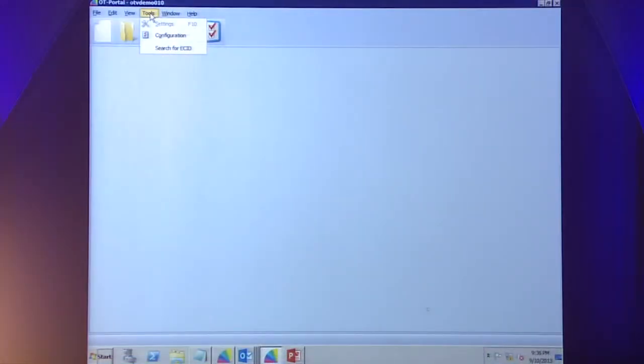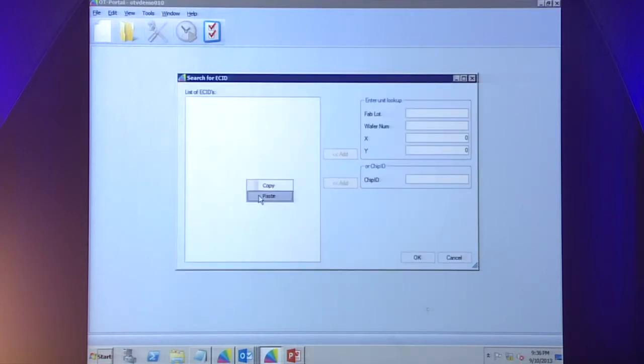So the first thing we're going to do is talk about a scenario with an RMA. I'm an engineer, and I've just received information that we've received a returned part. Someone's placed that part on a tester. We've read the ECID, the electronic chip ID, from that part. And what we want to do now is, first of all, go into the database, bring up